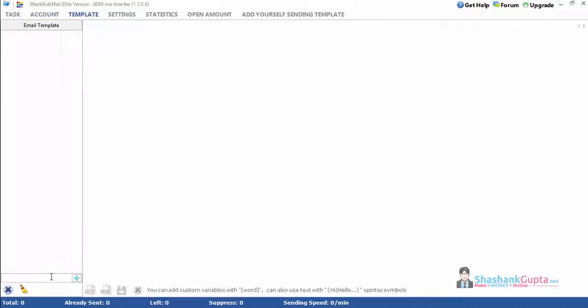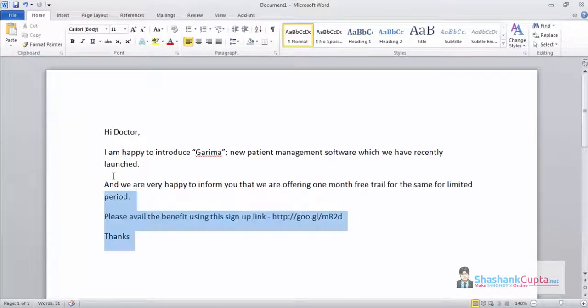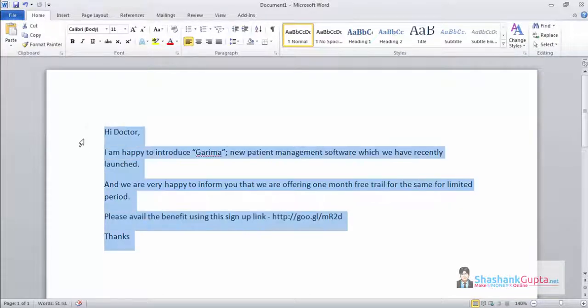For creating a template, first give a name to it. I have given a name called doctors. Now here you can create a txt template, a text file, or you can create an HTML template. I'll create an HTML template. I'll click on HTML. Now here you can even add an image in your emailer. I have already written an email, so I'm going to send this email to all the doctors telling them that I have introduced a patient management software recently and I'm offering a 1 month free trial of it, so they can avail the benefit by signing up through this link. So I'll copy paste this email